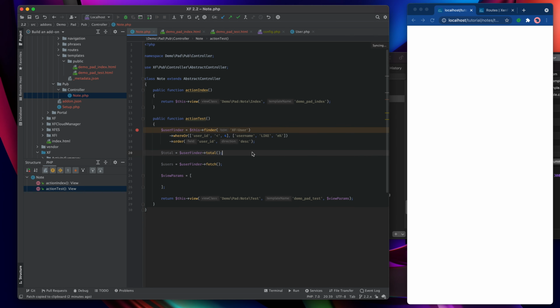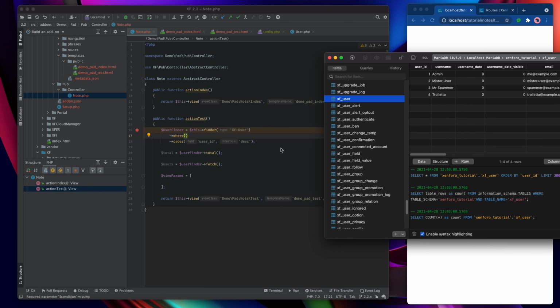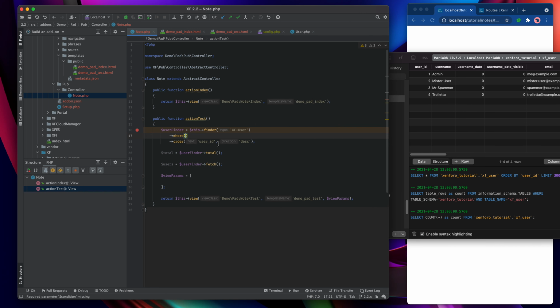Having seen how to fetch a collection of entities from the database, there are a few special cases where we want to fetch just one. So we could change this back into a where query, and let's get something that's going to fetch just a single record. Let's use the username. Where username equals, now remember I said just now that that parameter is optional.